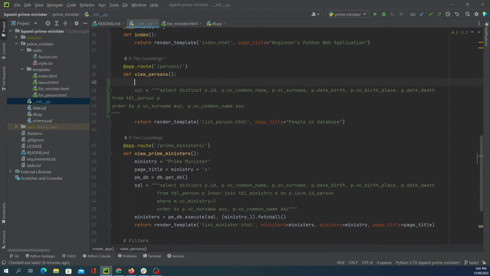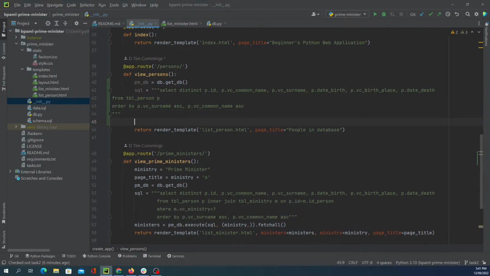So let's call Prime Minister database equals db.get_db, and I've created the SQL in a string, and now I'll get all the persons,